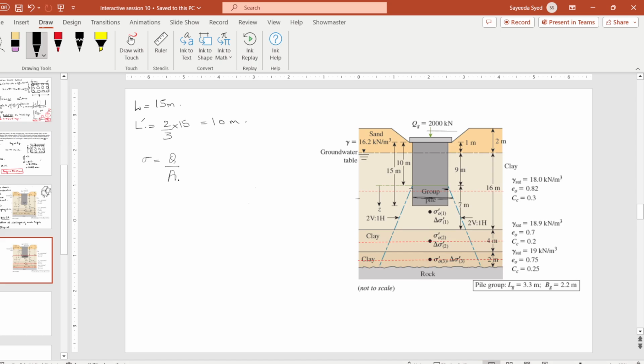It does not mean that there is no load here. There is a load here, but the distribution starts here. So